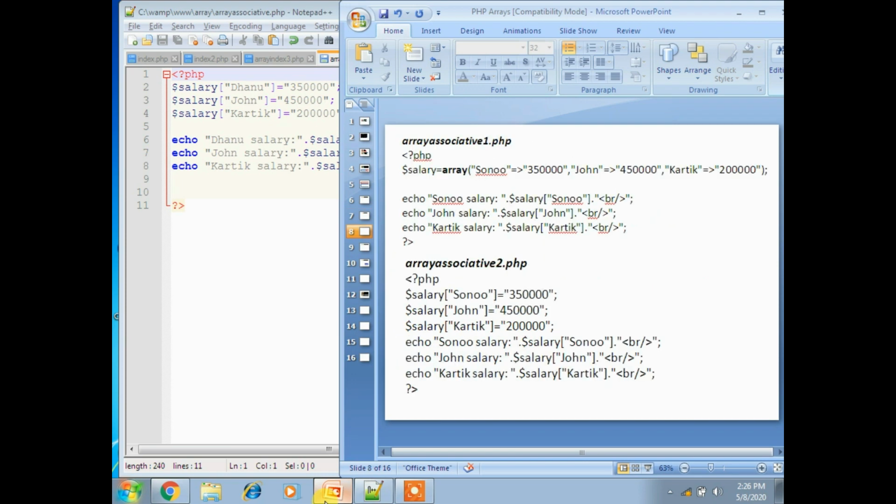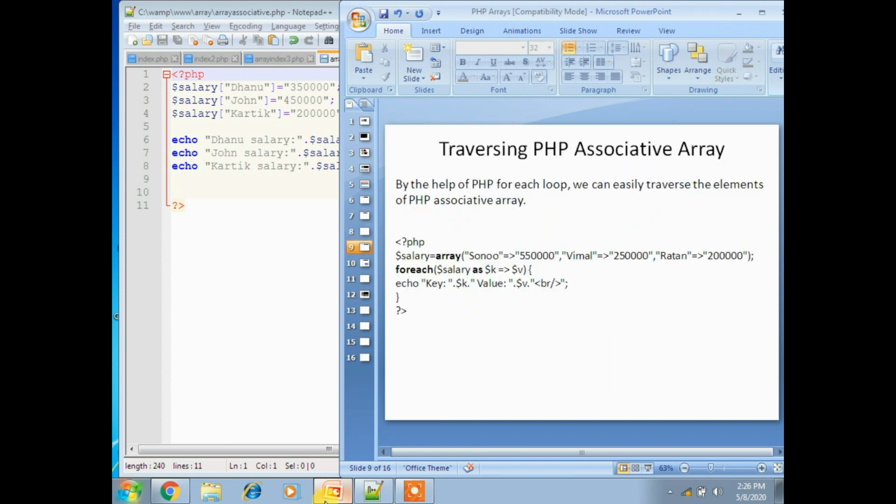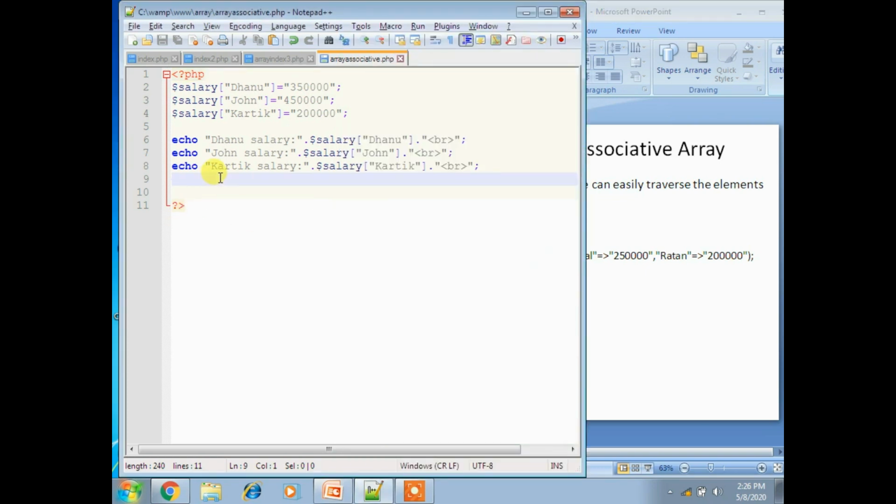By the help of the PHP foreach loop we can easily traverse the elements of a PHP associative array. Here also, same thing, by using foreach you can take the same example. I'm using it in another way, that is by using foreach.